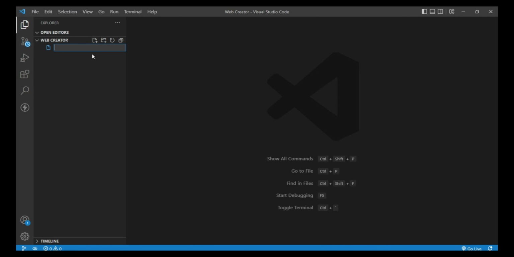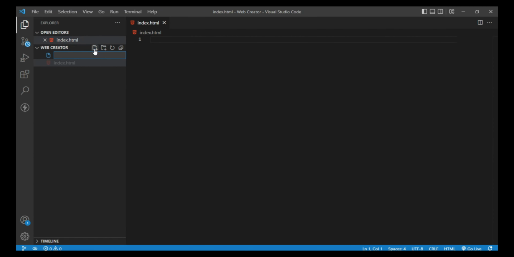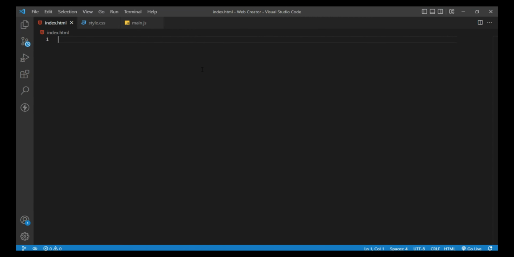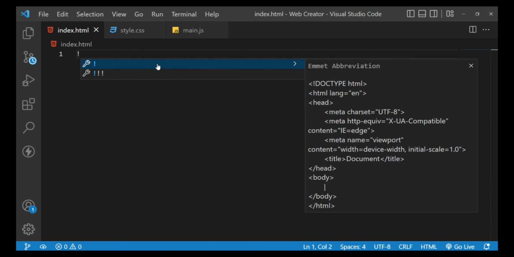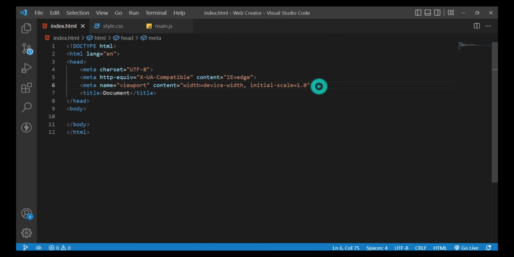Firstly, we are creating three files. The first file name is index.html, the second file name is style.css, and the last file name is main.js. Open the index.html, press the exclamation key and press enter, and then link the files, the CSS file